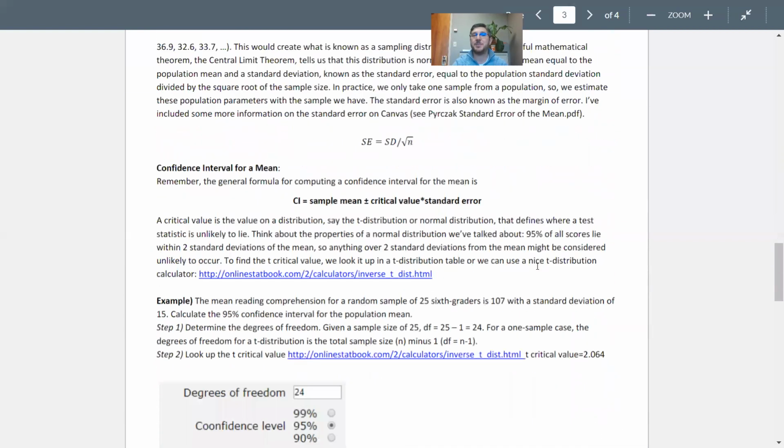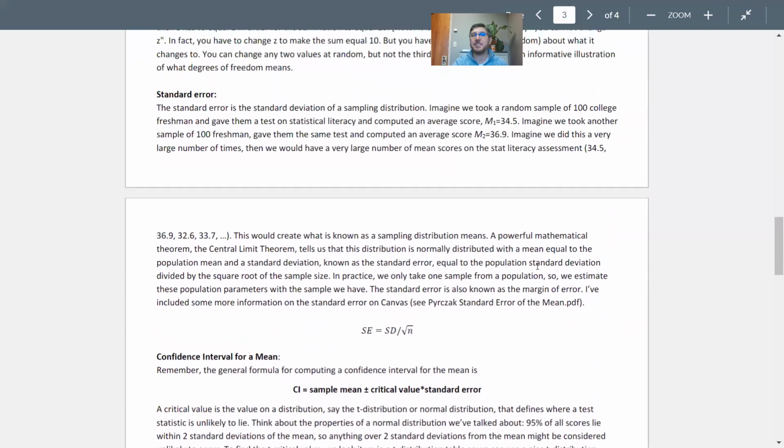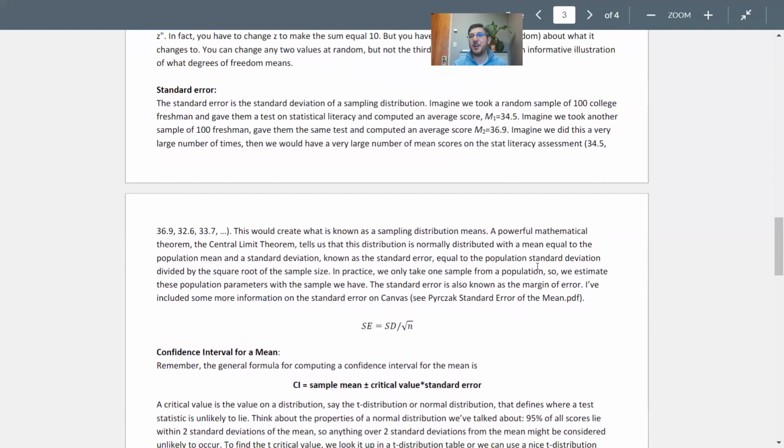Another concept that will come up is the idea of the standard error. The standard error relates to what is called a sampling distribution. And it goes back to the idea of repeated sampling that I just mentioned. Let's imagine we took a random sample of 100 college freshmen. We gave them a test on statistical literacy and computed an average score. So the average score was